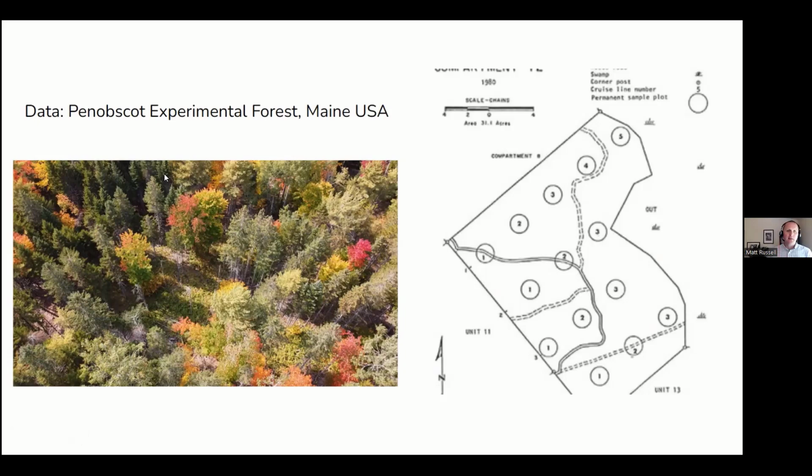You can see the green canopies. But the trees that are changing color are mostly probably maples, birches, and other hardwoods that are mixed in. And so this is a mixed species stand. There's a lot of variability when we look at things like basal area and volume from, say, one plot to the next. And so just to give you a sense of what the data look like.